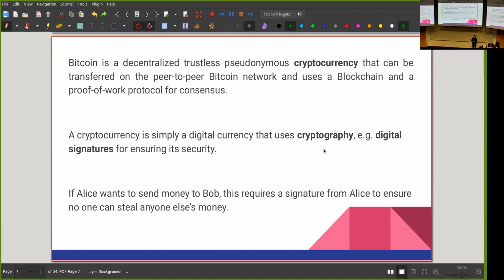If I want to send some money to you, I have to show the world that I actually own that money, right? And as the owner of that money, I have to show the world that I'm really consenting to that money being transferred to someone else. So I would do that using a signature. If Alice wants to send money to Bob, the transaction that sends the money from Alice to Bob has to have Alice's signature. That's the use case of signatures there. But I'm just going to continue with defining these different terms here. And then after I define all of them, I'll get back and tell you how the system actually works.